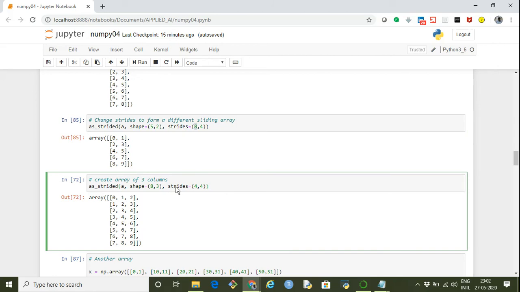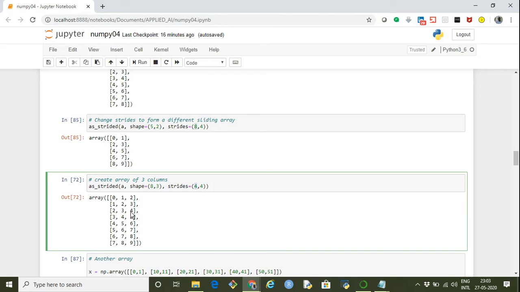So this 4 represents the number of bytes in the stride, and to reach the first element of the next row we are again just shifting by one element, so a stride of 4 bytes only. So in this way we create an array of 0 1 2, 1 2 3, 2 3 4.